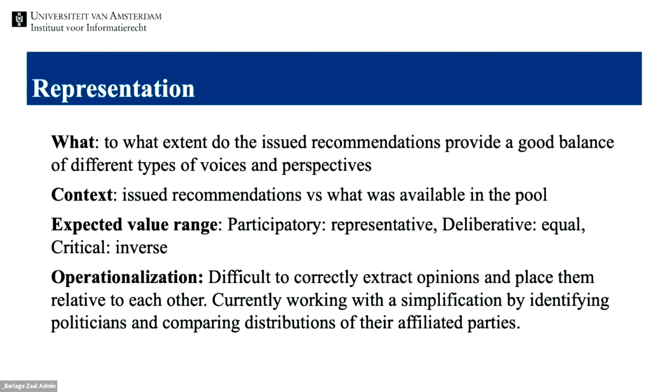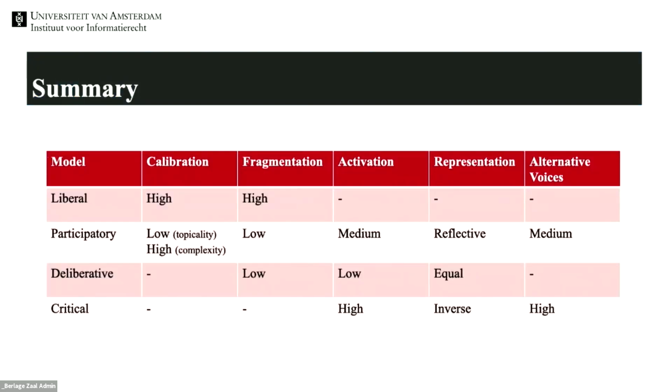So we have what we want to measure, the kind of context, and then we have sort of an expected range of whether these things actually differ with each other and how we can actually operationalize them in a production setting. So what you get then is that for these different models, we have different standpoints on what metric we want to optimize for, and that corresponds to a democratic theory of how we want to do recommendations there. Of course, there are a lot of limitations here still.